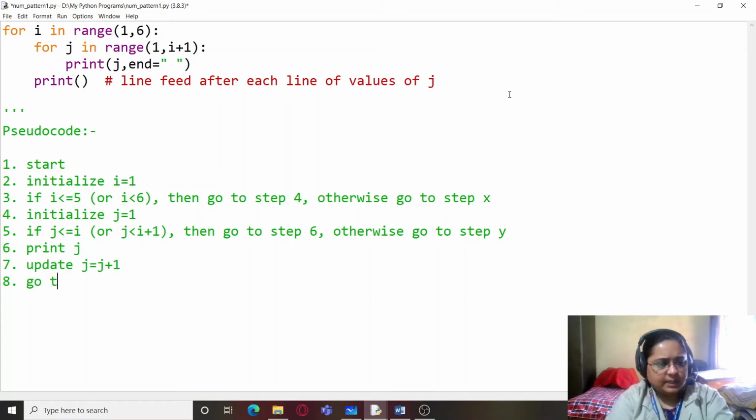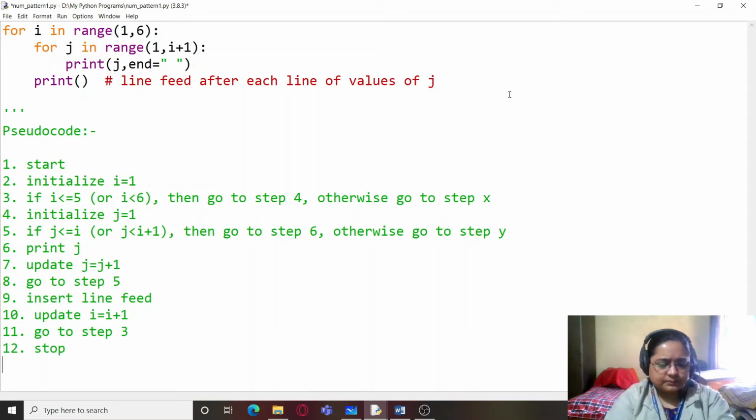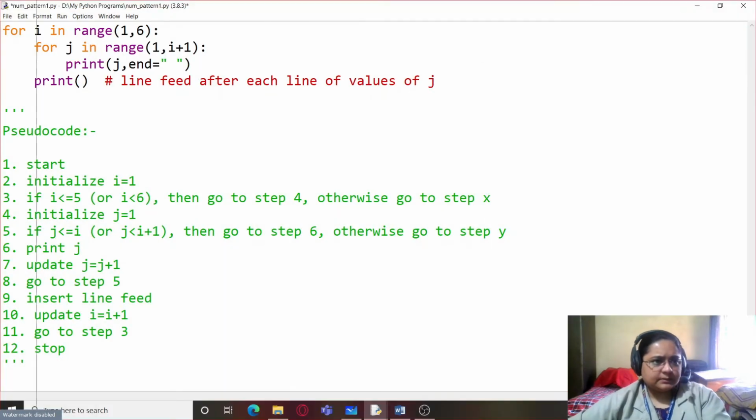Eighth step will be go back to step 5. Ninth step will be insert line feed. 10th step will be update I equals I plus 1. And 11th step is going to be go to step 3. And 12th step is going to be stop. So this is our pseudocode. Let's do the dry run and see.